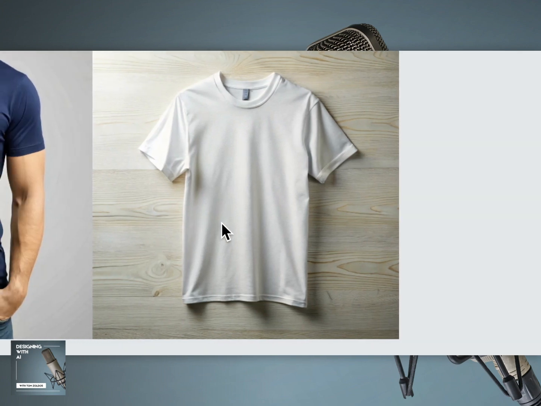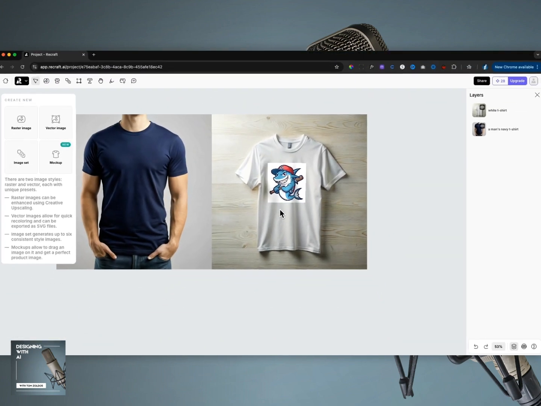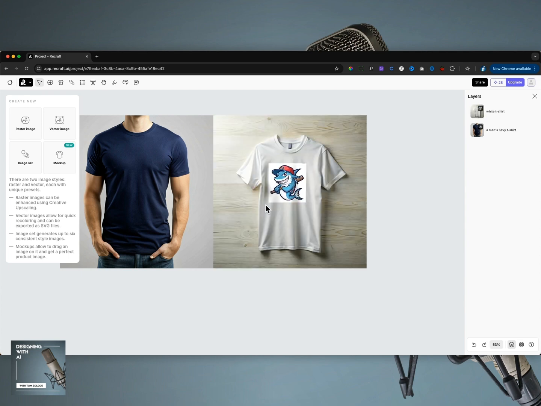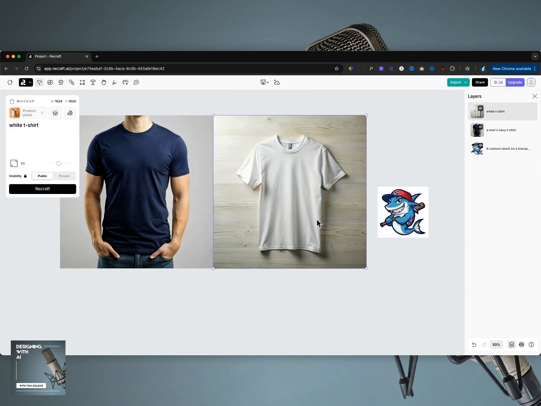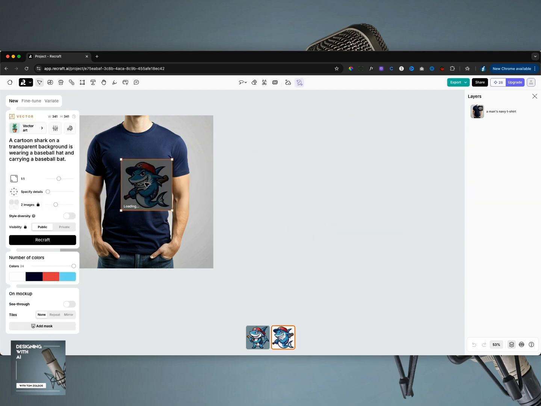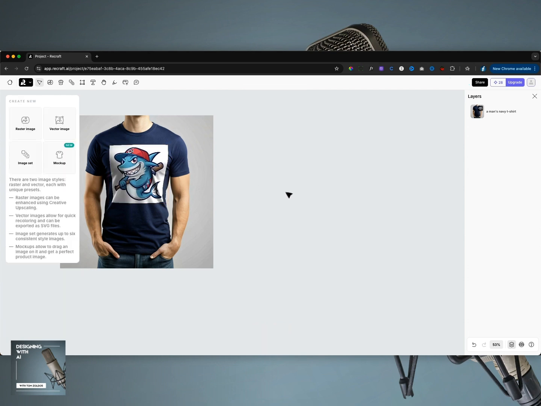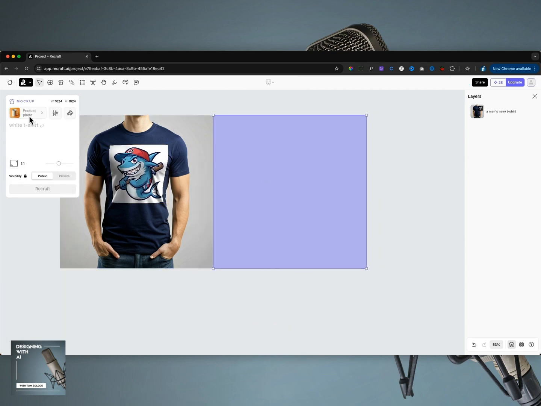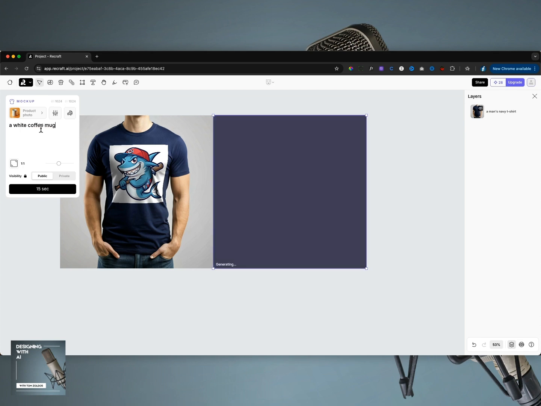But actually, I don't want to get rid of my artwork. Let's try something else. Okay, so that was interesting. It kept that as part of that image when I hit delete. So I still got my guy here. Let's make some more mock-ups. So what else might someone make? I think we saw a mug, a product photo, a white coffee mug. If I could type. Sorry, I know this is so painful. Coffee mug. All right,